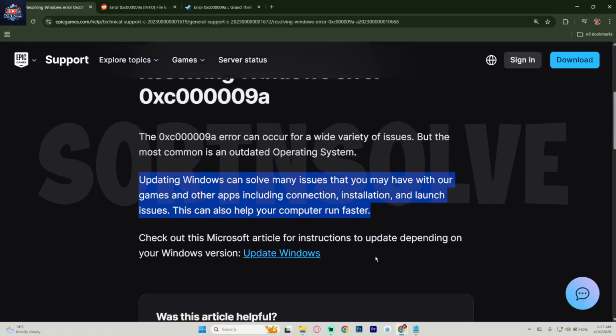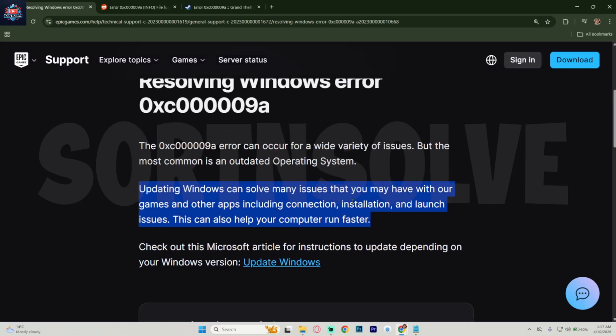Finally, run the game as administrator and launch it again, and the error should be fixed so you can play